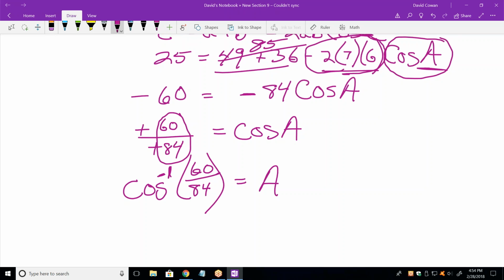Make sure you're in degrees as opposed to radians. Yep, I was in radians. So let me try it again. That'll make a big difference. You get really strange answers if you're in the wrong mode. Okay, so I got